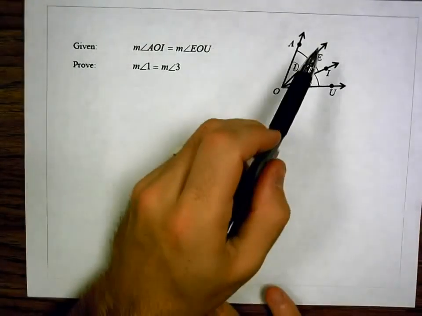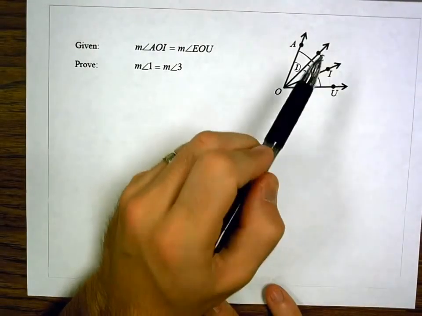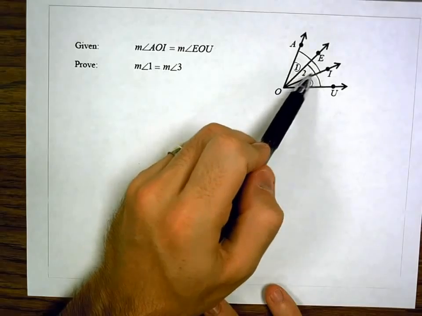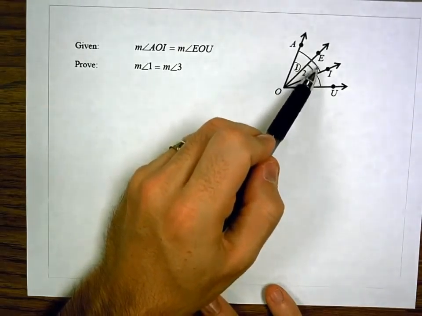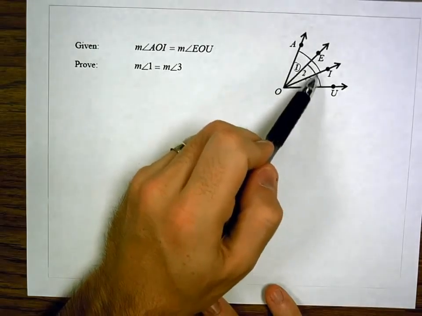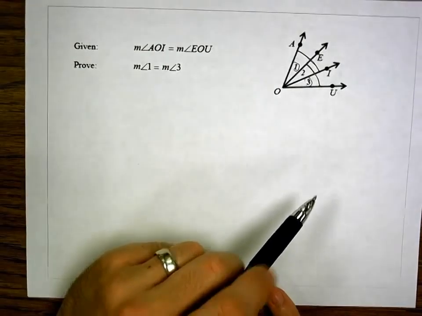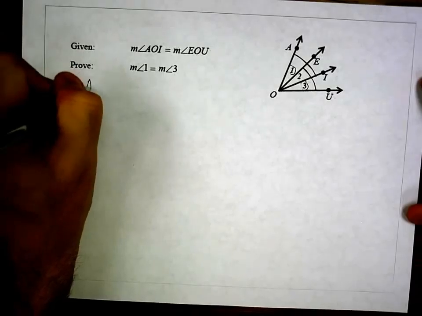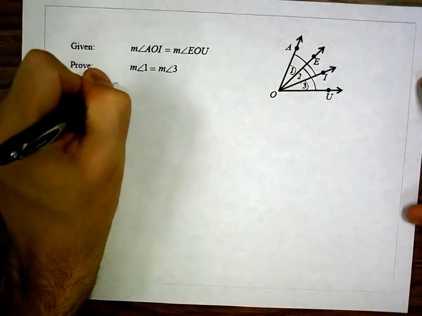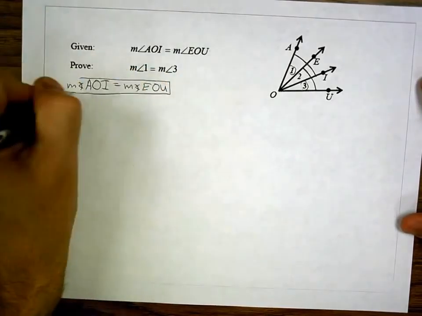When I look at this, I see this piece and this piece are the same, but they have 2 in common, this overlap. So if they're the same and I was to get rid of this overlap, what's left would also be the same, which is what I want. So I'm going to try to work towards that. Now, if I'm not quite sure how to make that step, well, I can at least start off and see where I can go. Always start with my given,